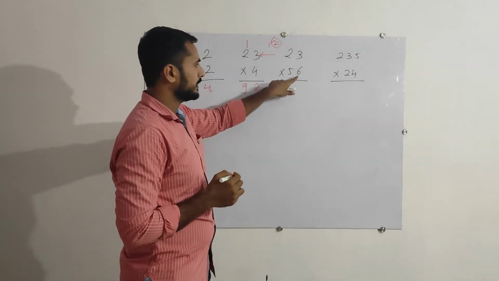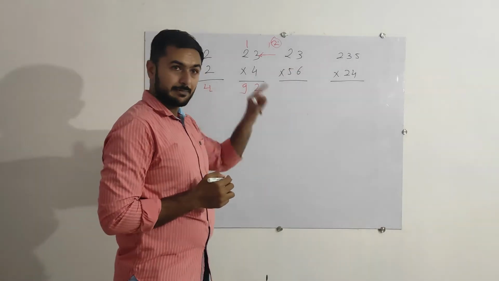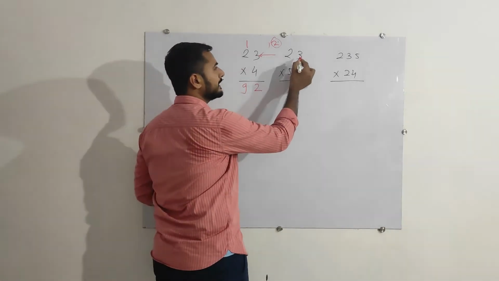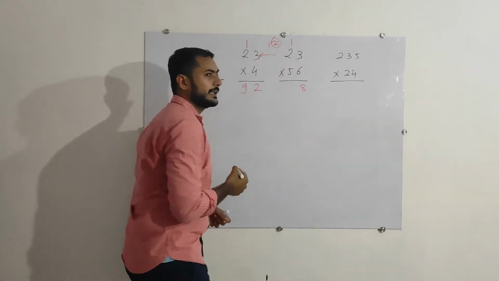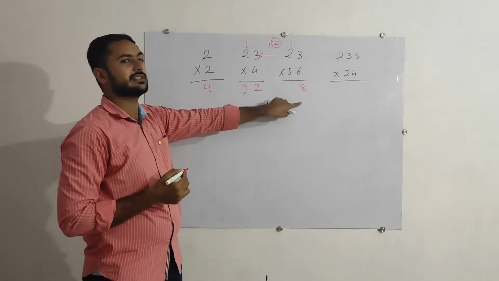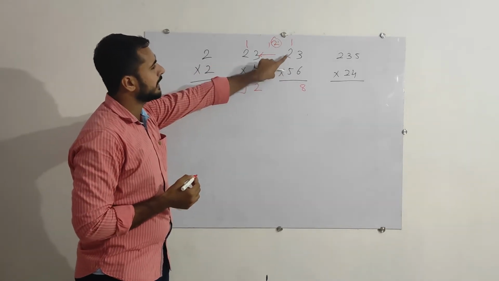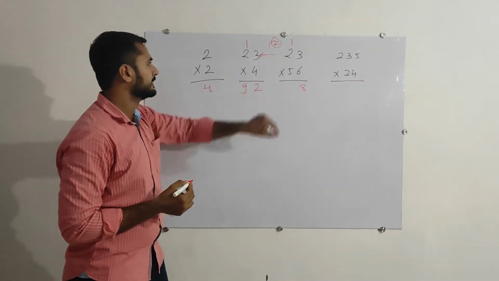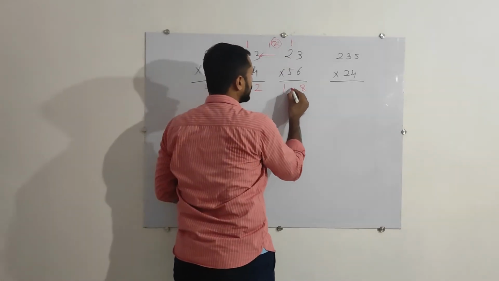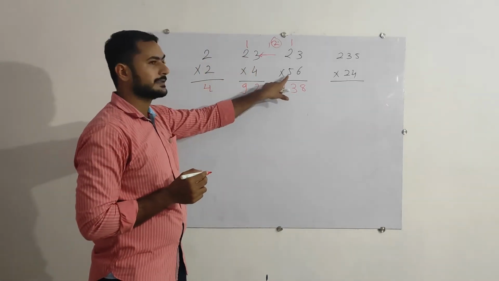Now here you can see we have to multiply 2 digit with 2 digit. Okay, so we will start with the unit digit. Again, identify the table for 6. Remember that. So 6 3s are 18 and 1 carry, because unit place that's 8 and the tens place will be the carry. Now 6 2s are 12, 12 and 1, that is 13. So here we will write 13 like this. Fine. Now the next number, that's the 5.